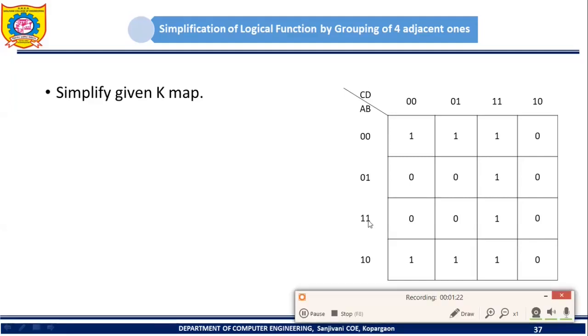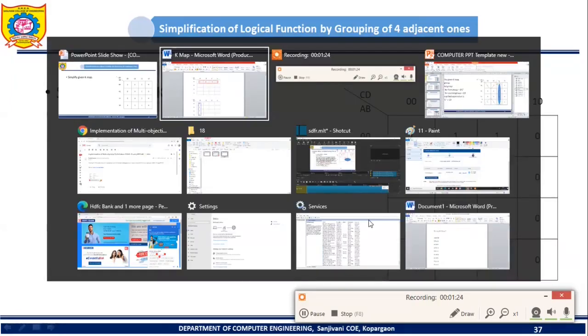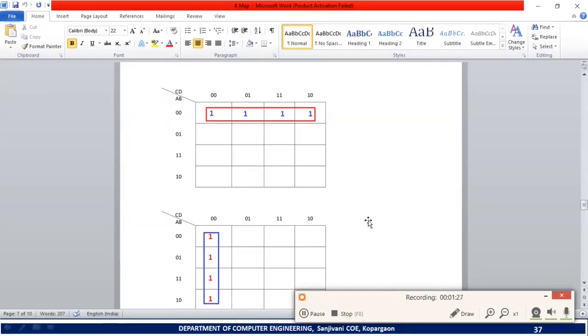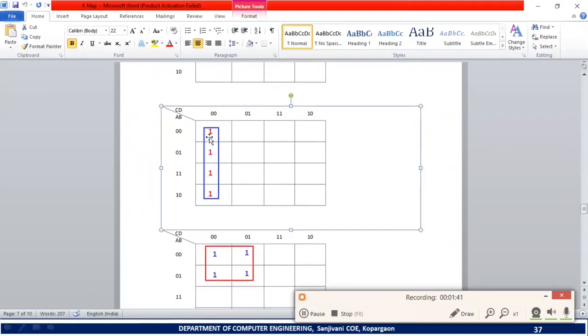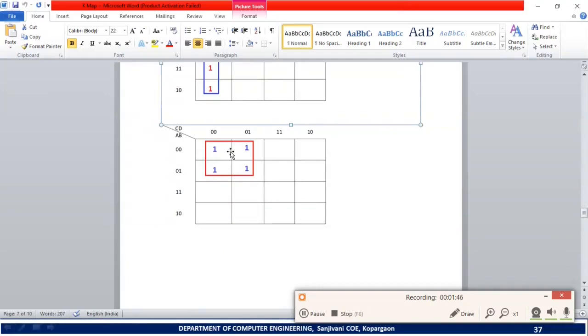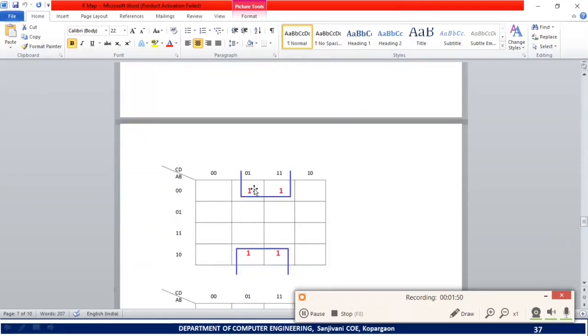So here we are supposed to make groups of 4. Already we have seen different ways by which we can make a group of 4. So consider the first K-map. What is happening in the first K-map? We have 4 successive ones in one row. If we have 4 successive ones in one row, then we can form a group of them. Then if we have 4 successive ones in one column, then it is possible to combine those 4. Then if we have 4 like this, then it is also possible to make a group of these 4.